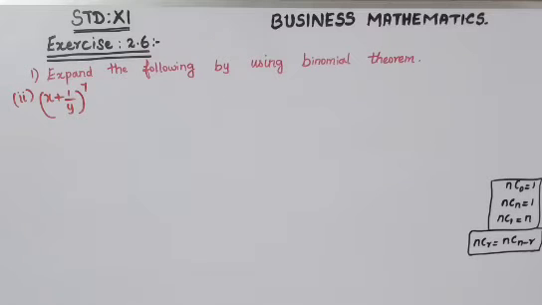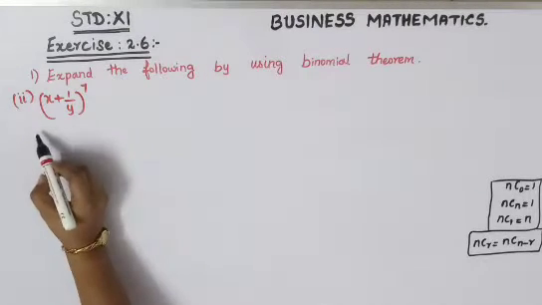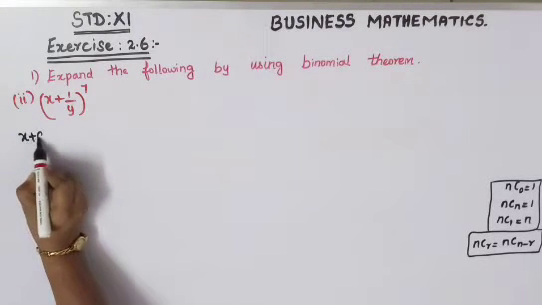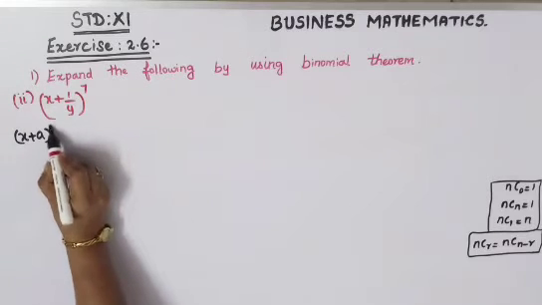Standard 11th Business Mathematics Exercise 2.6. First question, expand the following by using binomial theorem. The second subdivision: (x + 1/y)^7. So your formula is (x + a)^n is equal to